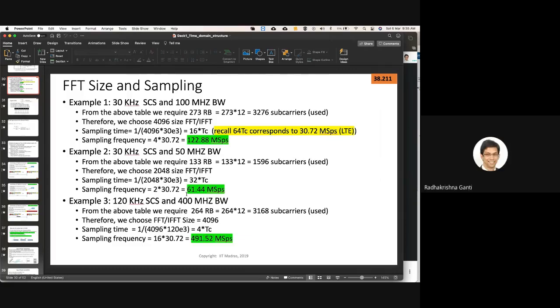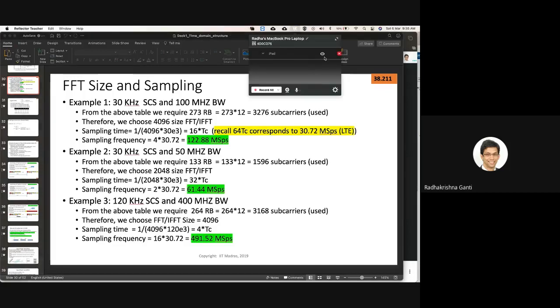Okay, so what I was telling before was in the last class we have looked at FFT size and sampling. First I want to ask you if there are any questions on this. Okay, so all of you have understood this part, no? I mean, how do you choose your FFT size and how do you choose your sampling frequency? I received a few questions specifically when